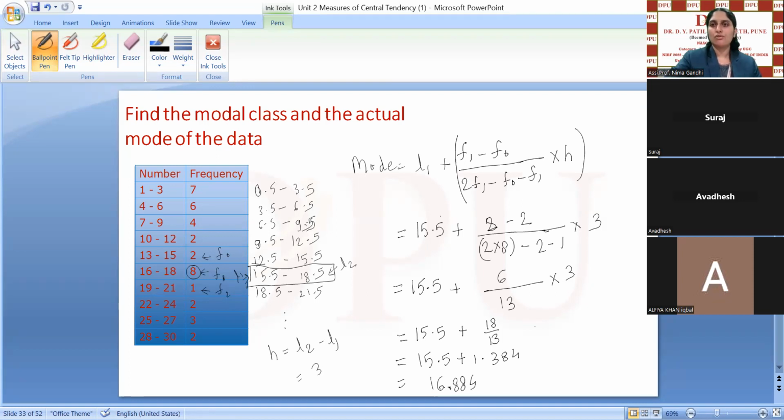So this is how you do the calculations for finding out the mode when you have classes and frequencies given, meaning your data is a grouped frequency distribution. Now, if there is one more class, L1 value,